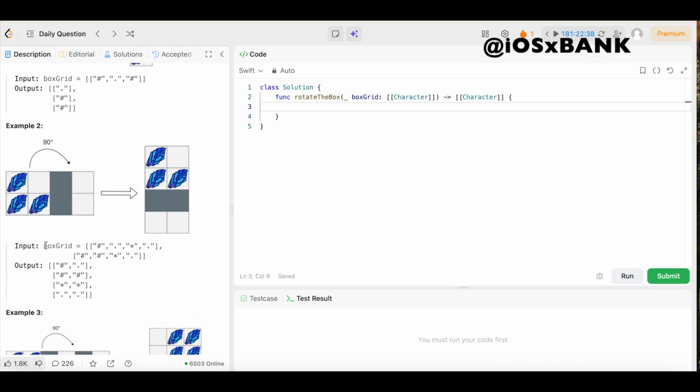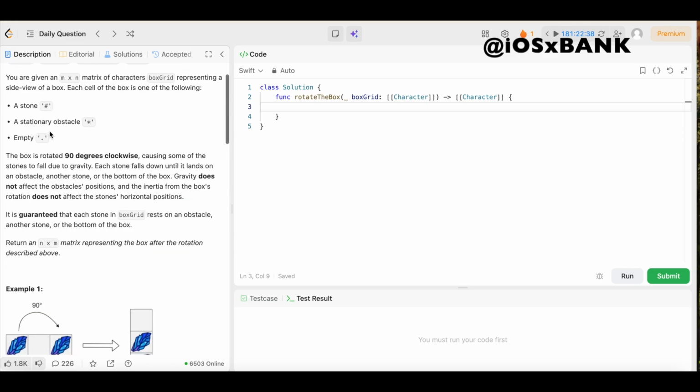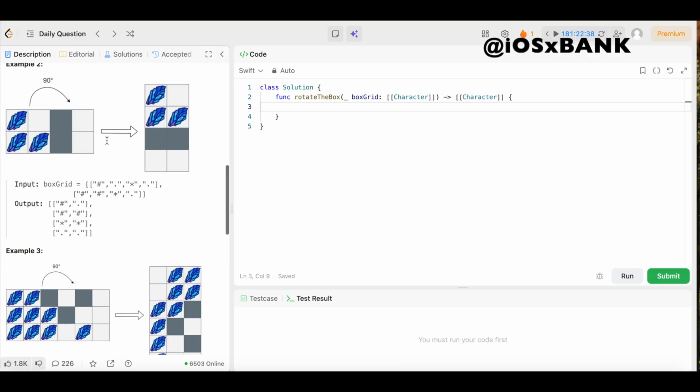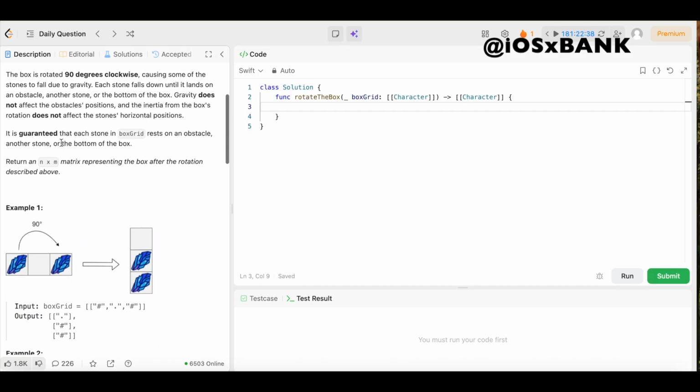So in example 2, we have an input box grid equals a 2D array of strings, pound sign, period, asterisk, period, pound sign, asterisk, period, right? And remember, each one of these strings represents something different. So the pound sign is a stone, the asterisk is a stationary obstacle, and the period means it's empty. So boom. So this right here, as you can see in our visual representation, is the obstacle represented by the